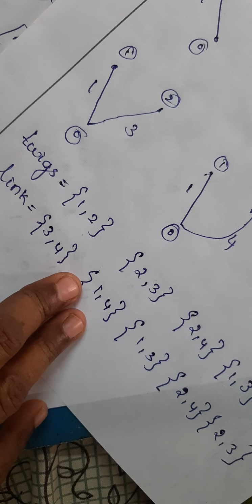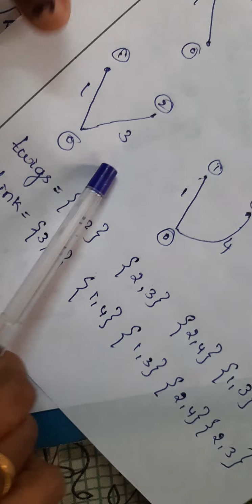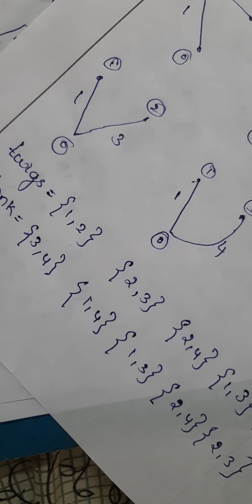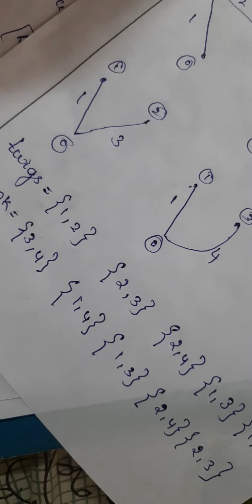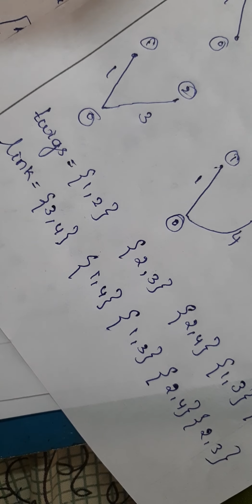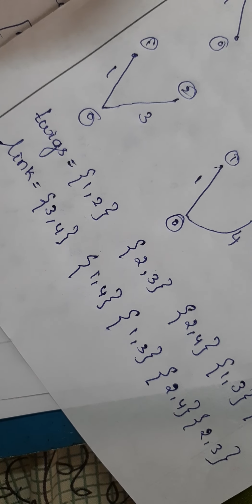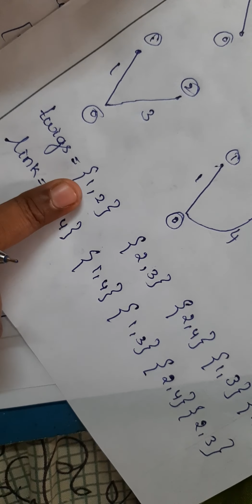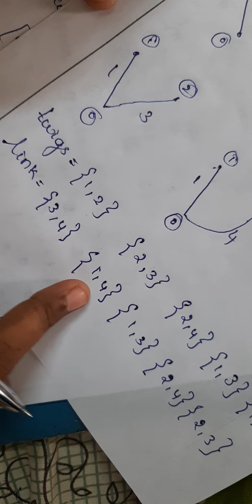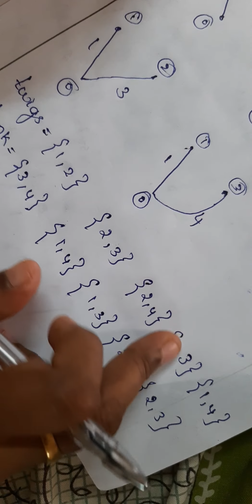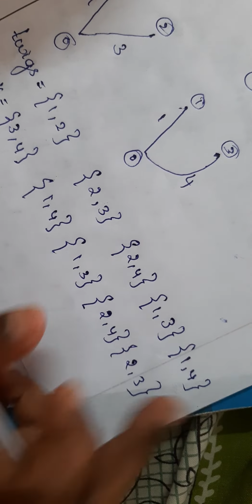And next link. What is link? Means the number of links in the co-tree. Remaining branches other than the tree, that is what we call the co-tree. Those remaining branches are the links. So that remaining number of branches in the co-tree is known as link. So here 1 2, remaining branches are 3 4. 2 3, remaining branch 1 4. Here 1 3, so remaining branch is 2 4. Here 1 4, remaining branch 2 3. Okay, that's all.